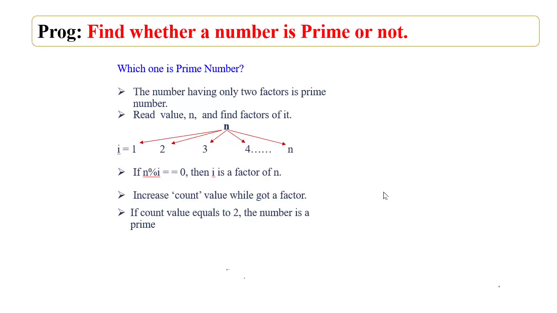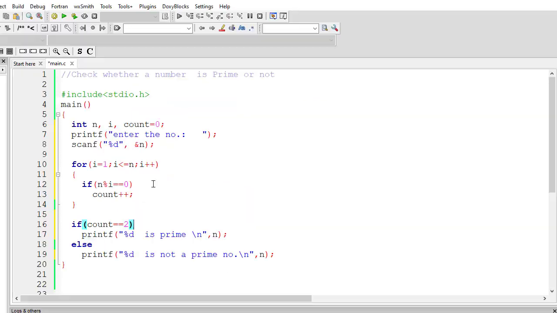Now explaining how we can do it by programming. This for loop is the main part, where the value of i is incrementing by 1 from 1 to the number which we want to check whether it is prime or not. The value of that number is, say, 7. i is the variable, the value of i is from 1 to 7. So for i equal to 1, no doubt i is less than or equal to 7, so the execution will enter into the body of the for loop.